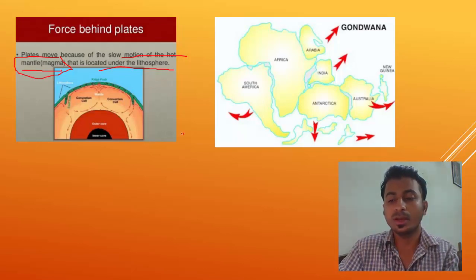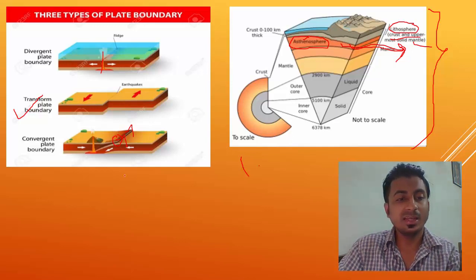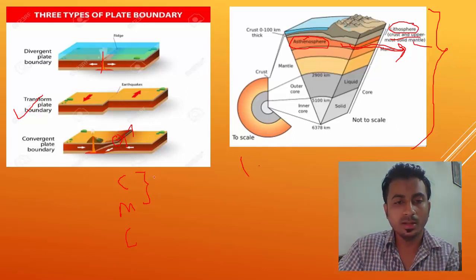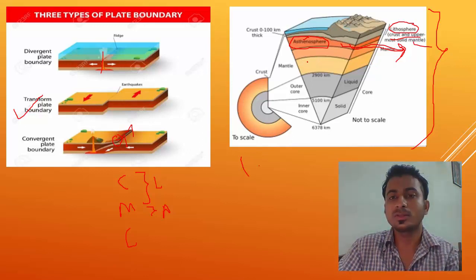If they have shown it in this diagram, I will show you. Yes, they have written lithosphere. Okay, so this is the lithosphere, which is made of crust plus upper mantle. You know the three layers: crust, mantle, core. So the lithosphere is made of the whole of the crust and a little bit of the mantle. Then the asthenosphere is made up of the mantle. Okay, I will write here asthenosphere. And then the other layer also comes in the mantle. This is called the D layer. It is not written here. I will tell you. Okay.